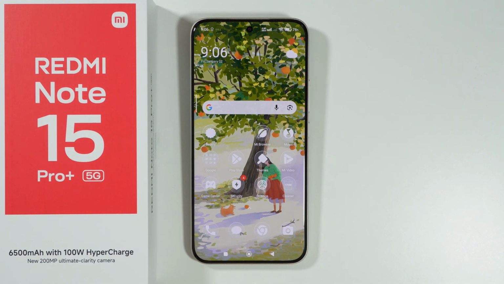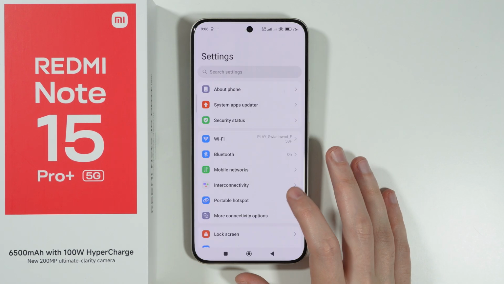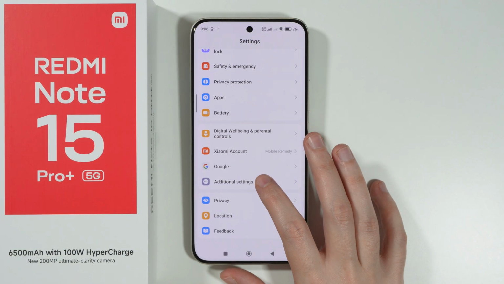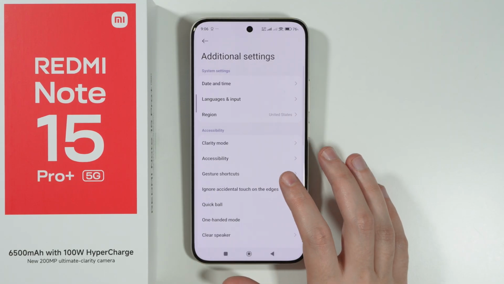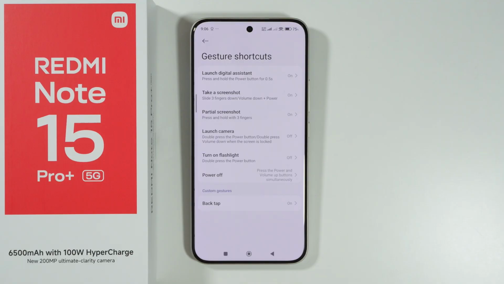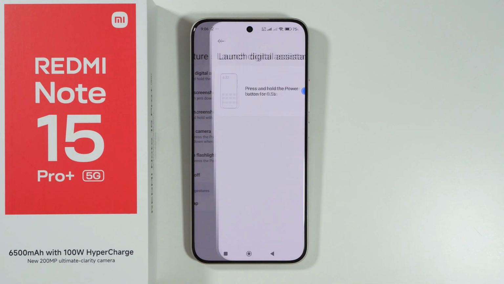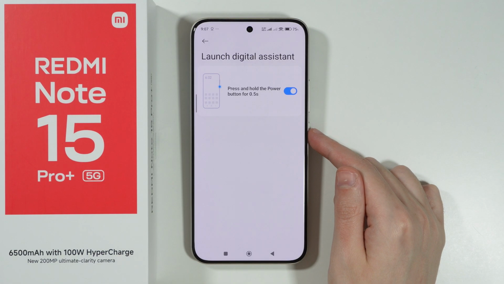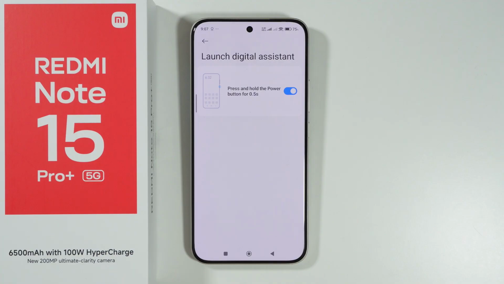Let me show you all motions and gestures available on Redmi Note 15 Pro Plus. So first of all, we're gonna open settings, and then in here, if you scroll down, you should be able to find additional settings. Then we can go to gesture shortcuts, and we can, for example, use the digital assistant shortcut, which is just a power button shortcut, so you can press and hold the power button to activate the